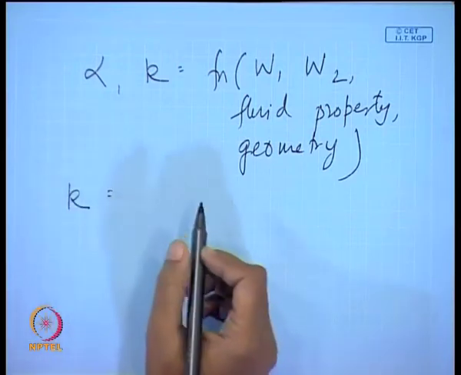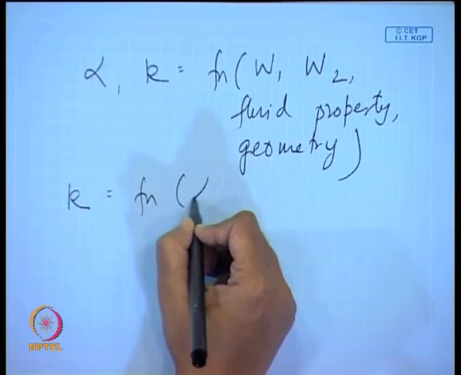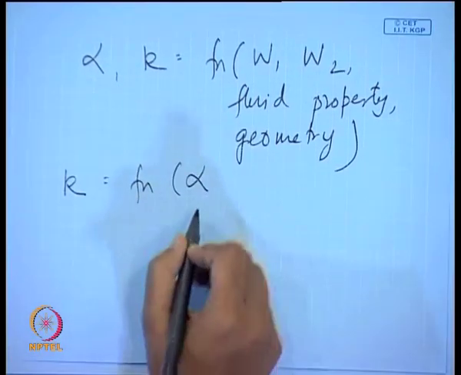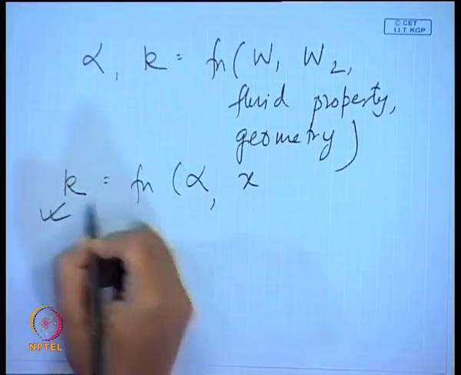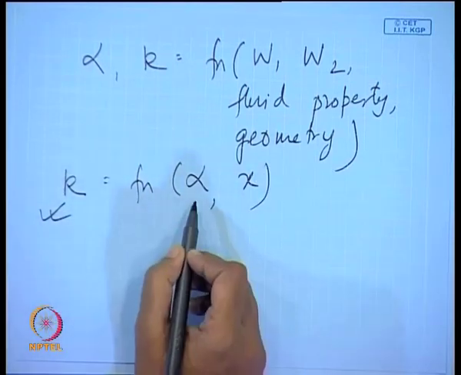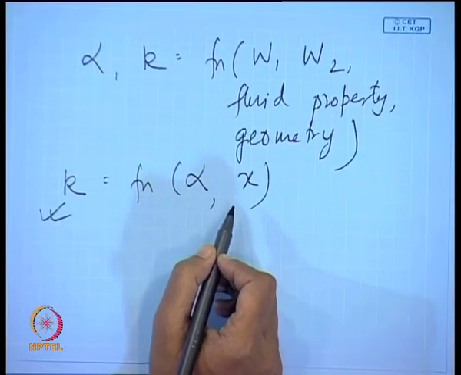See, K arises due to the difference in the in situ velocities. So, K should be a function of alpha. When we have phase transitions, then X should also come in. So, we will try to define a relationship between K and alpha, X, etc., based on whatever we have done today, and then we would also define a few other parameters which we could not define today. Maybe we will be doing those things, and we will be continuing with our nomenclature chapter tomorrow as well. Thank you very much.